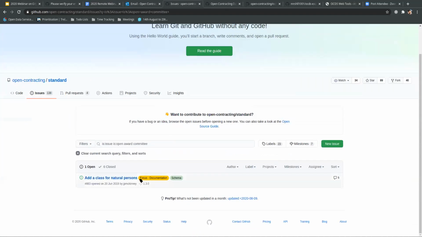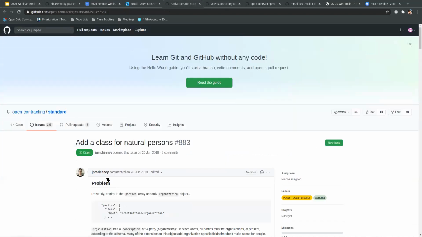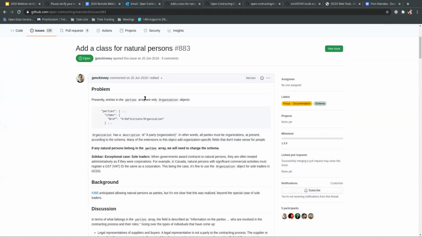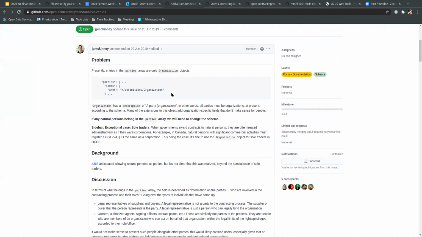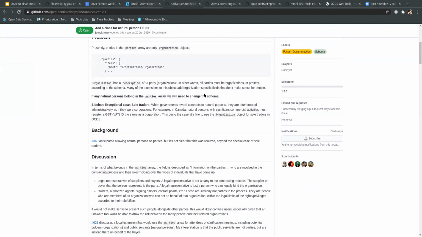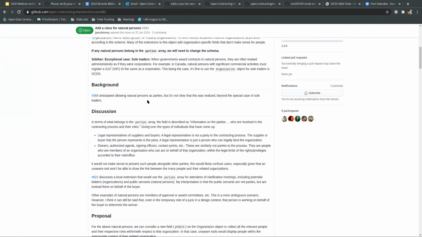And we have a current issue that's open for adding a class for natural persons. So we're going to open this, and then we are going to read this to determine whether it is relevant to my needs. Presently, the entries in the parties array are only organization objects. But we need to represent natural persons potentially, and so we potentially need to make a change to the schema, with the exception of sole traders. So we have a background for this, so we can go and read through this issue as well,